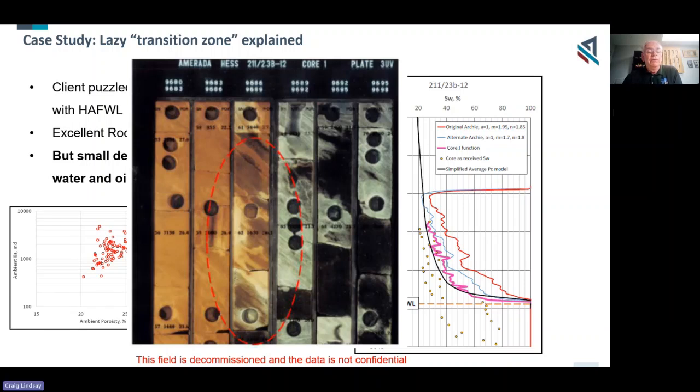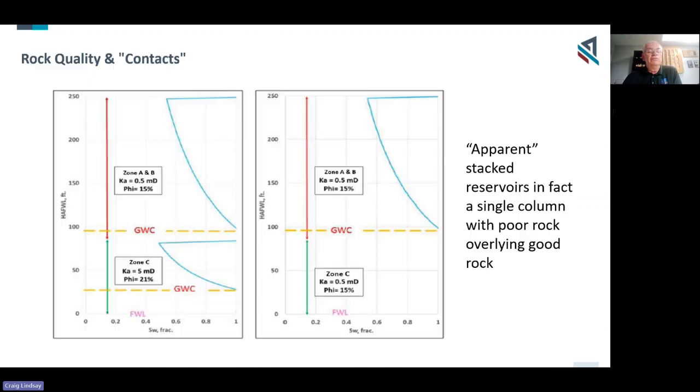And this is just an example of some of the core here, and we see that the core from this section, they actually cored through, what we say close to the oil water contact, not the free water level. We can see the brown staining, and then the staining becomes less until we come into a more water saturated zone. These are just a couple of quick illustrations of how actually rock quality in the column can absolutely affect